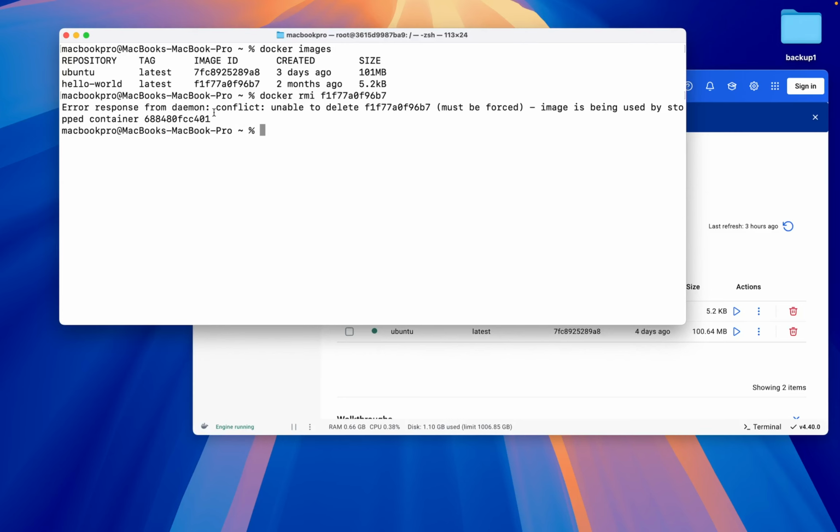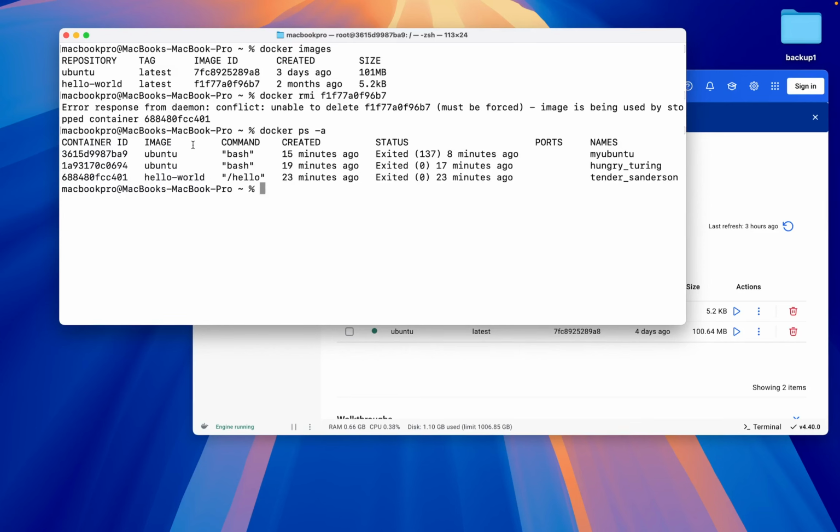So it is saying that it has some error because we have some container using this image. To remove this image, we also need to remove the container first of all. To see the list of the containers, we can do the ps command with -a. Now here you can see I want to remove this container first of all, and I will type the command